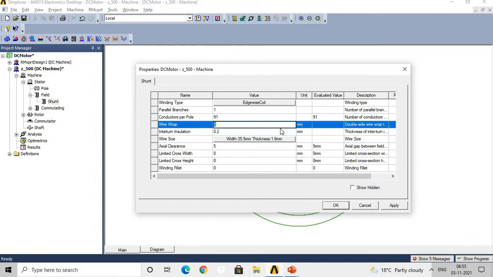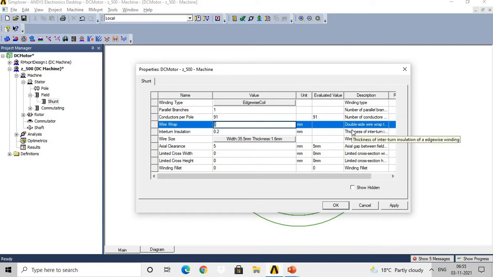So of course your selected winding should be capable to carry that current which will flow because of the machine. Then wire wrap. What is the meaning of wire wrap? Double side wire wrap thickness, which is also 0 for auto pickup design in the wire library.